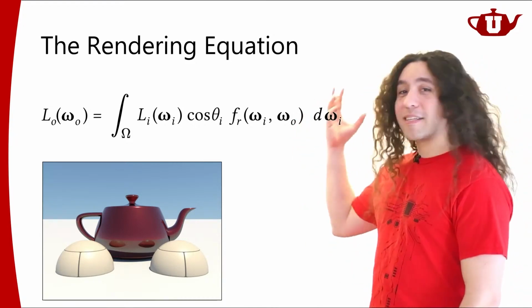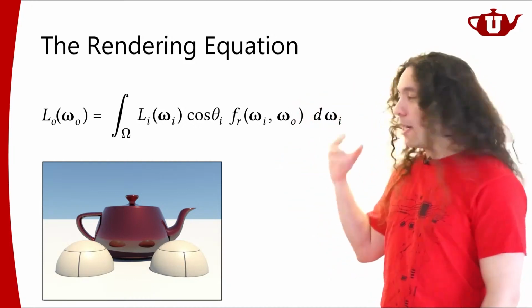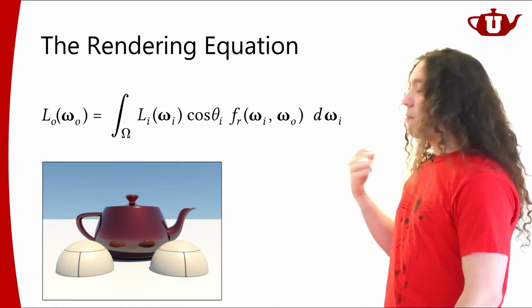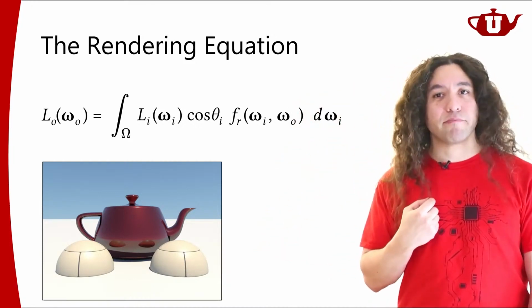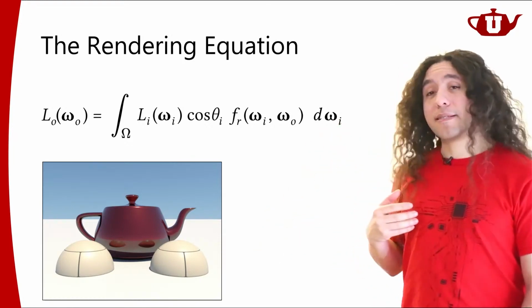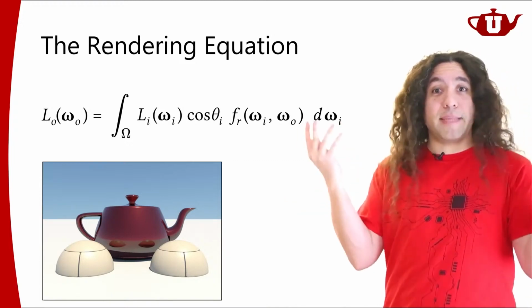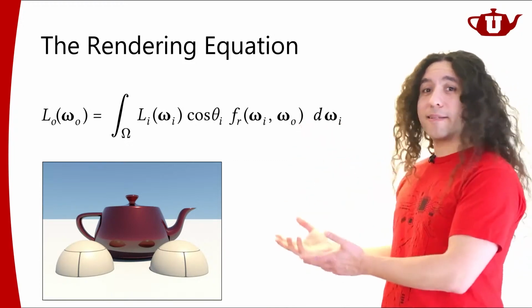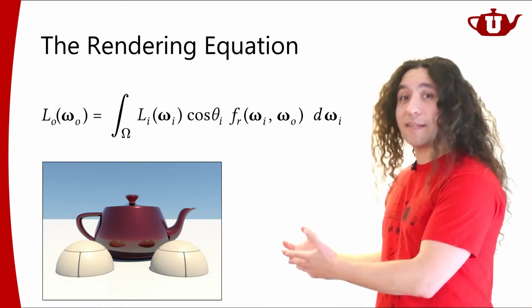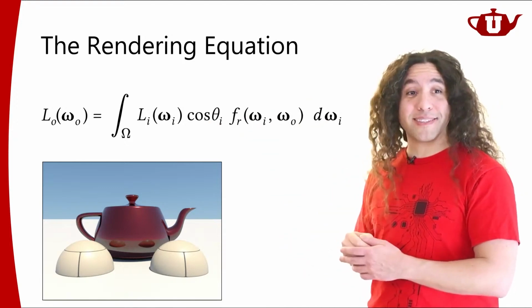So think about it this way. Light is coming from the sky, coming from the sun, and hitting a surface, and then it reflects and we see it. Right? That's why we've been computing. That reflected light is also light. Reflected light is light as well. So that reflected light can go and illuminate another object.